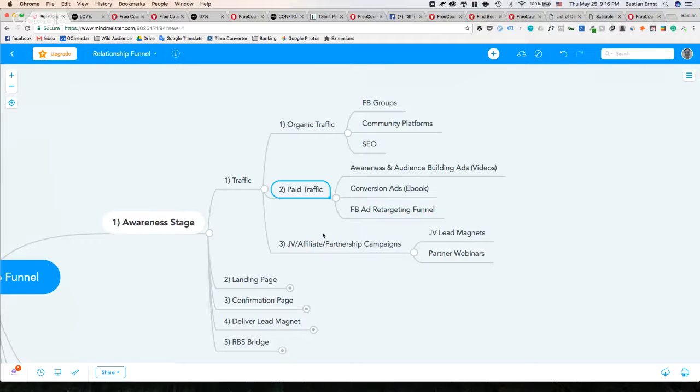And the next, or the third one, which I use, is JV or affiliate or partnership. JV stands for joint ventures. Basically you look for people who have similar audiences, and you reach out to them, or maybe your friends or whatever, and you do a partner campaign. So an example could be, you reach out to a person who has a similar size audience, and you say, hey, I have this awesome lead magnet. It converts at 50%,